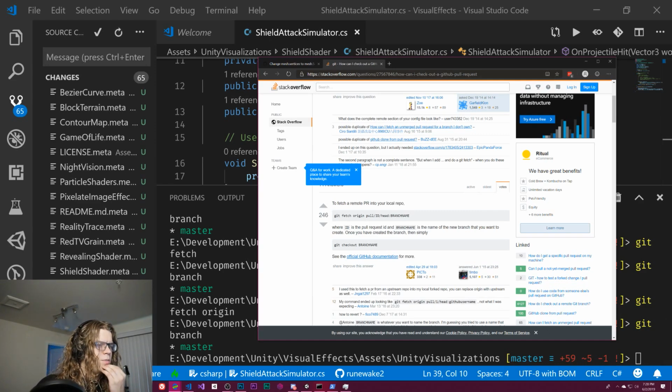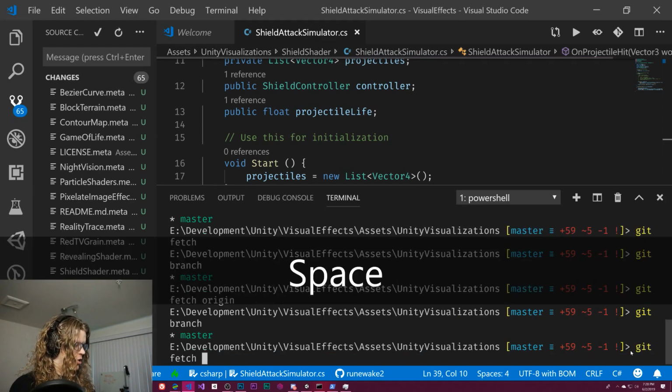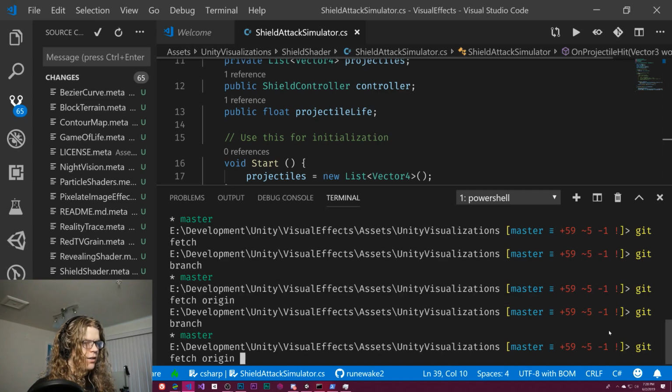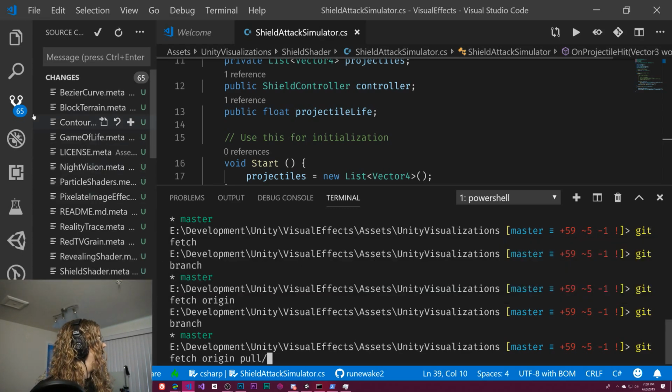Git fetch origin pull ID number head branch name. Git fetch origin. So this is going to go to our origin. Origin is the remote server, in this case GitHub. And so we're going to go out there, fetch some stuff, and we want the pull request with an ID